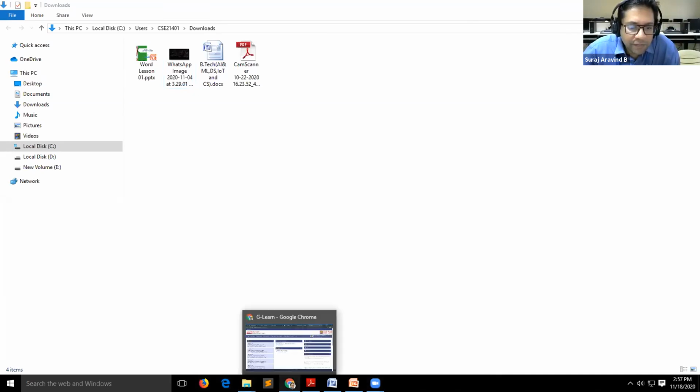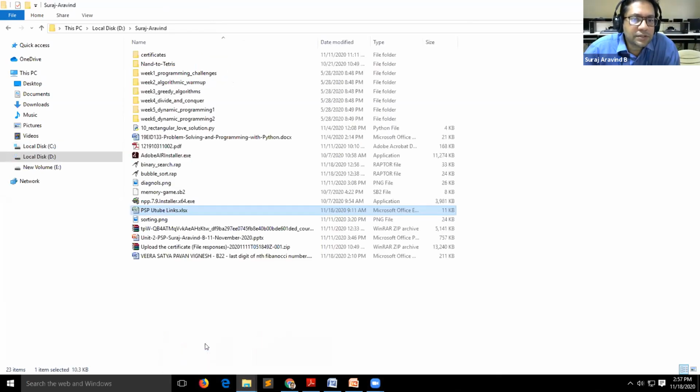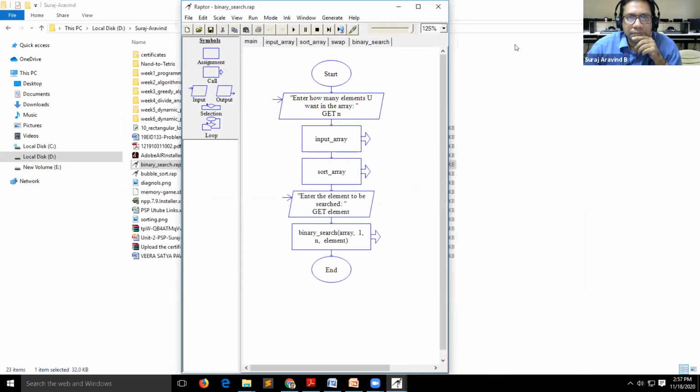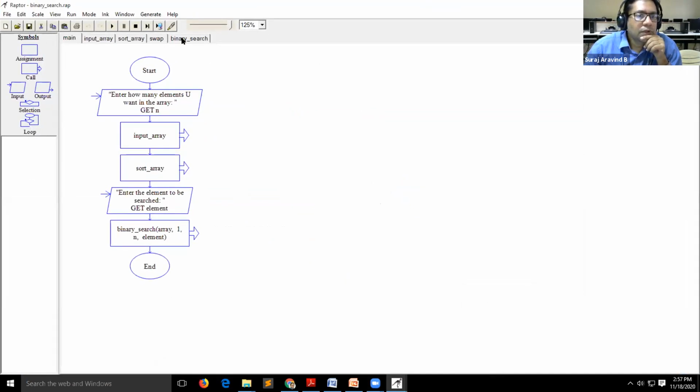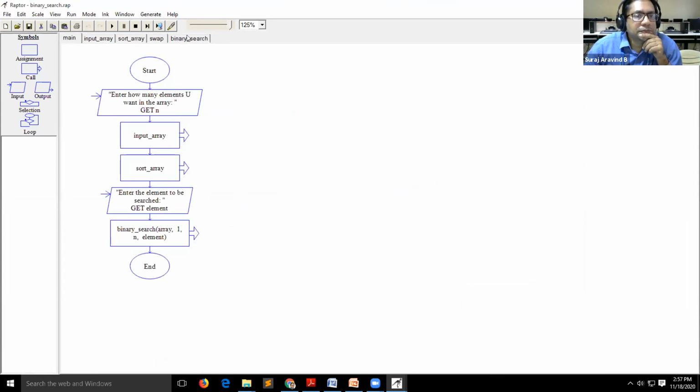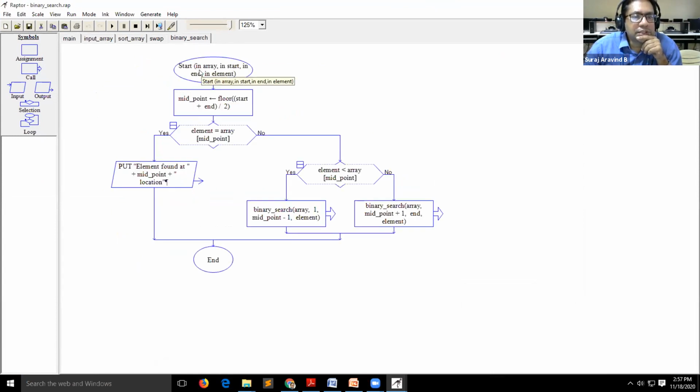Or okay, I will just give you a hint. I will again share my screen. I will open the Raptor flowchart which I've already prepared for this. Based on that, you can implement at your end. So I'm using this sub procedure.